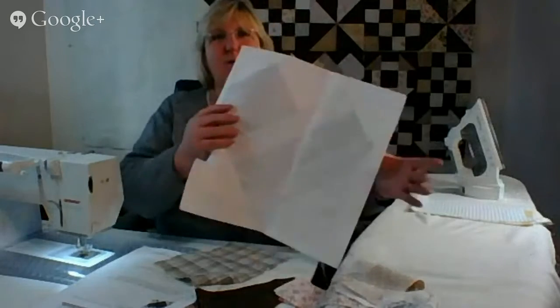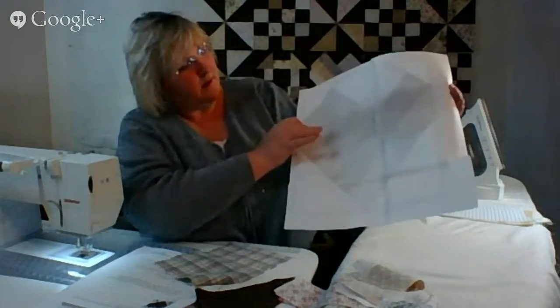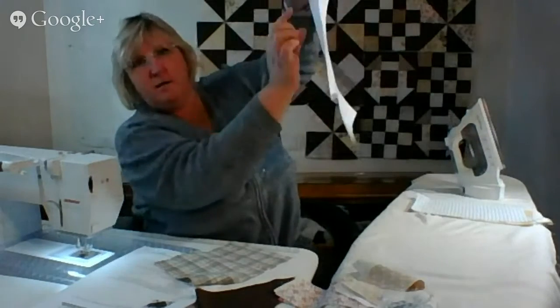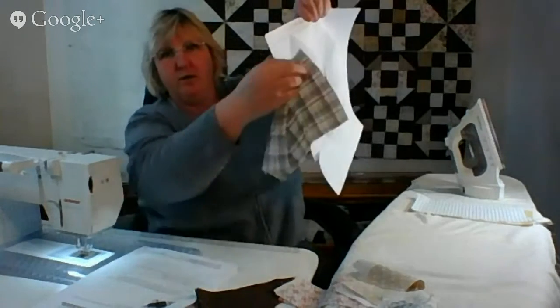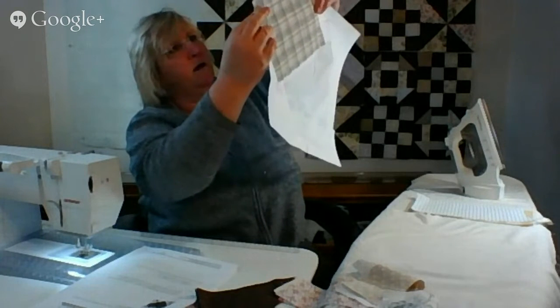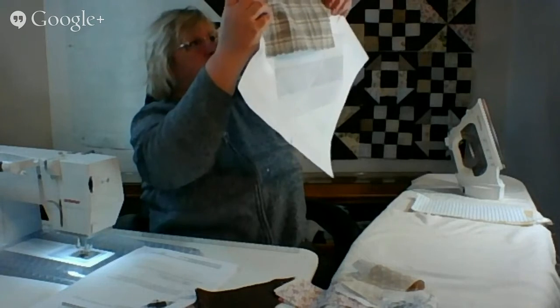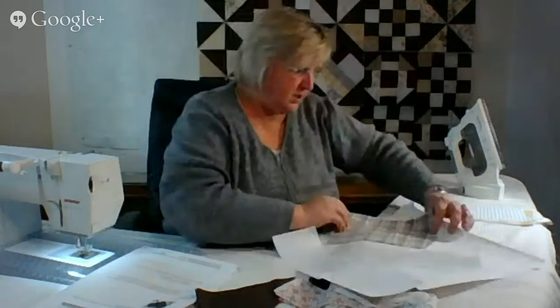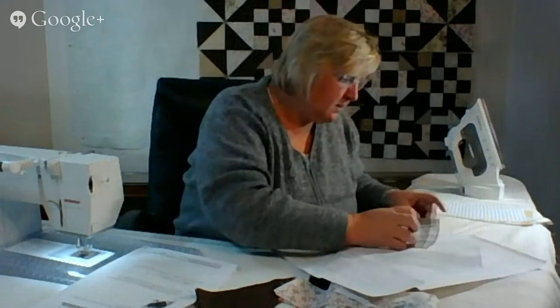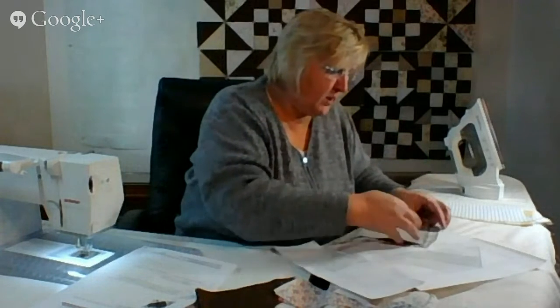And remember, you always work on the back of the paper piece, so I can see this up through the light through the back. So I'm literally going to place number one, fabric number one here, in a location so that it all covers. And then I'm going to take fabric number two,